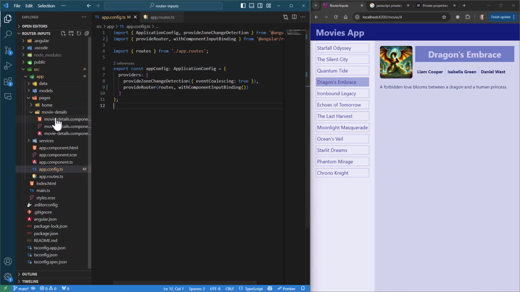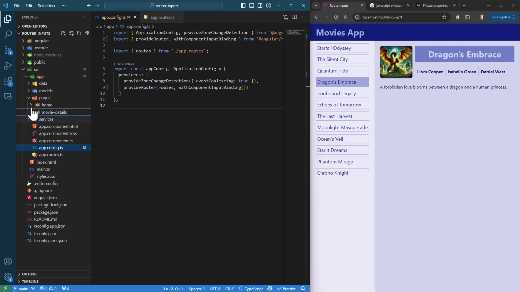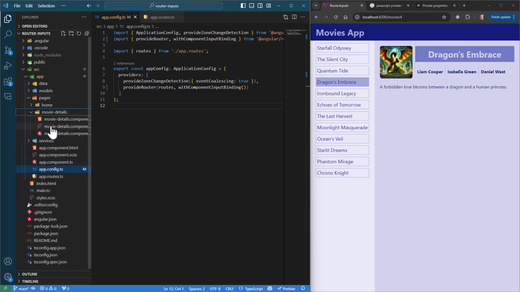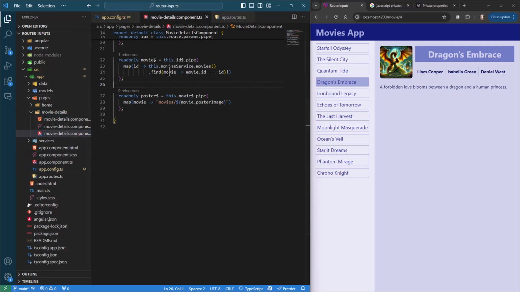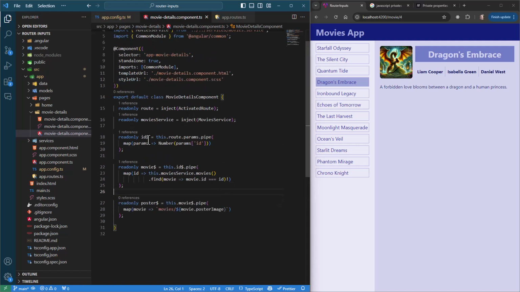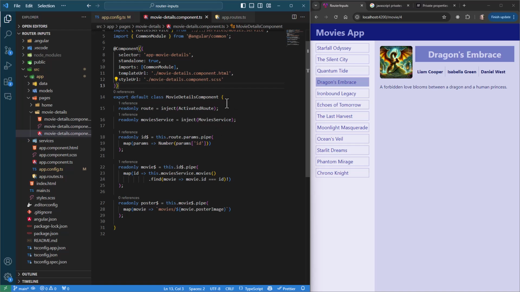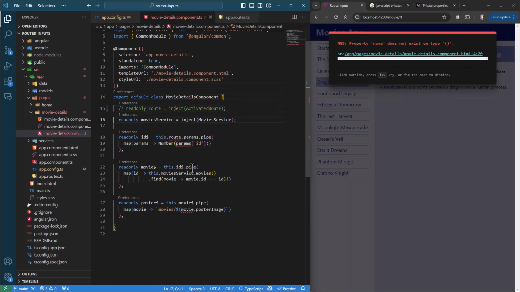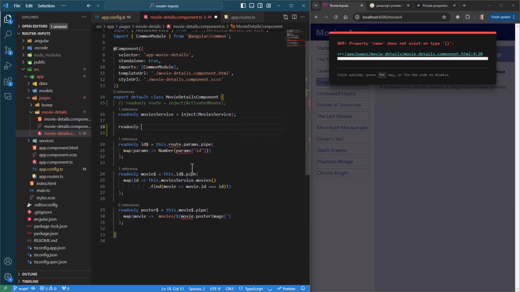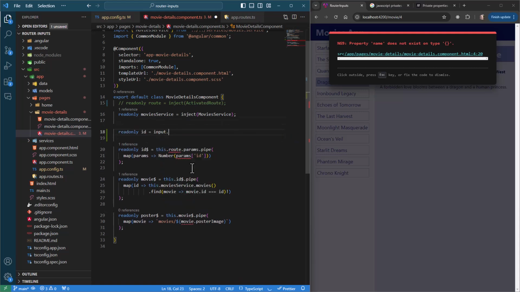So we will now go to the movie details component, and instead of receiving the ID through the activated route observable, we can now receive it as an input signal. So readonly id equals input.required